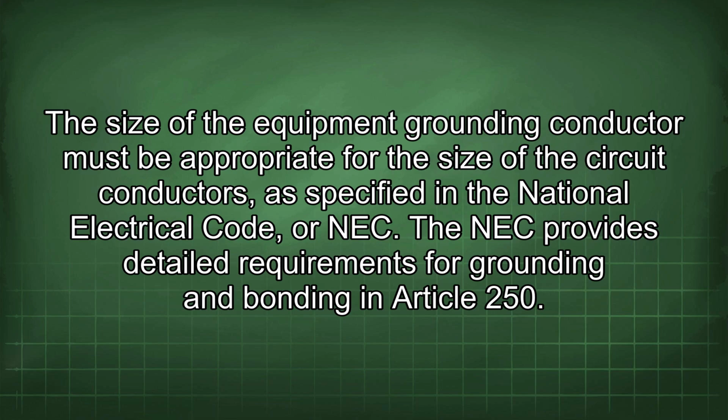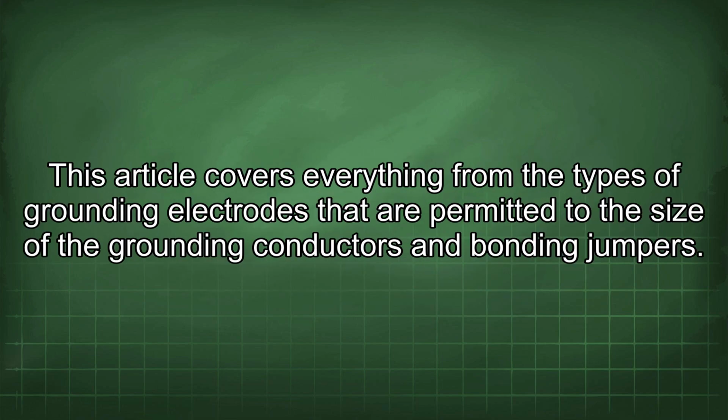The size of the equipment grounding conductor must be appropriate for the size of the circuit conductors as specified in the National Electrical Code, or NEC. The NEC provides detailed requirements for grounding and bonding in Article 250. This article covers everything from the types of grounding electrodes that are permitted to the size of the grounding conductors